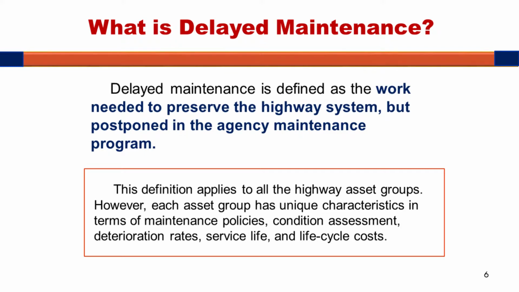And that's another word that can also be maintenance, conservation. We just said preserve. Preserve might be in a good state of repair. And again, this definition applies to all the highway asset groups. So we have pavement, bridges, lighting, culverts, and I go over more detail. And it's talking also about policies, condition assessment, deterioration rates, service life cycle costs. So it's very broad,